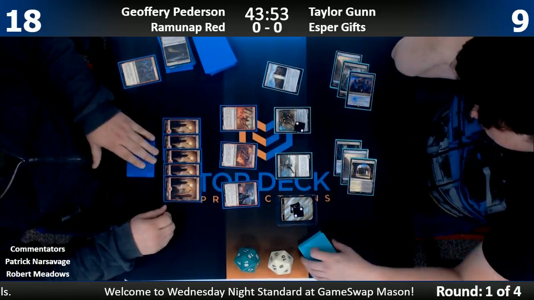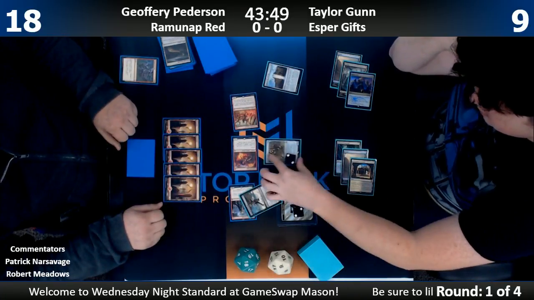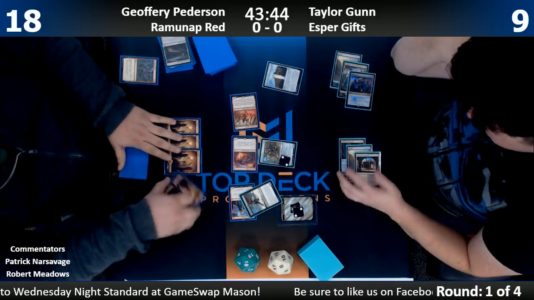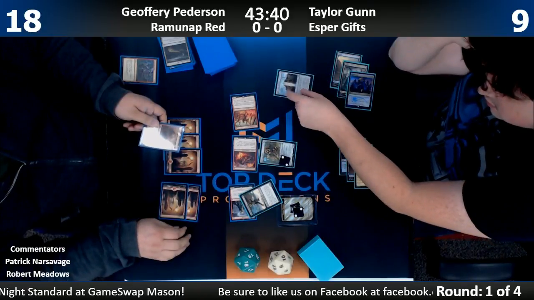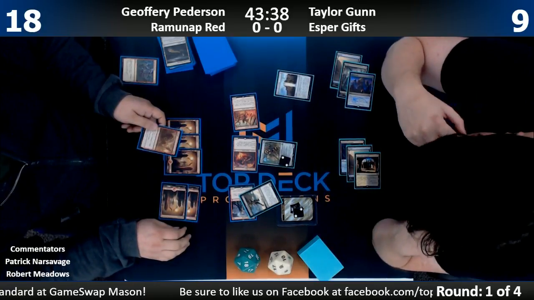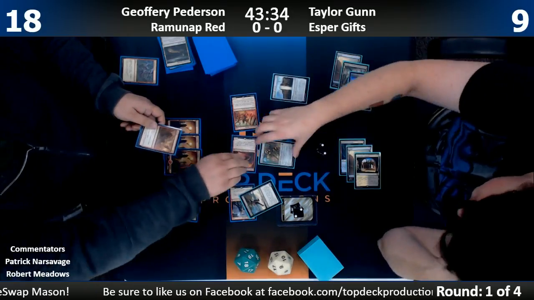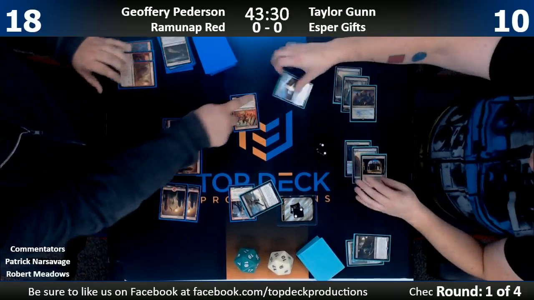And Geoffery here is actually probably going to want to draw a land. Why is that? Because if that Earthshaker counter dies, he only has 5 mana right now. Ooh, a Braid taking out the Gate to the Afterlife. That is another really big... And now Taylor's in a situation where he chooses to...